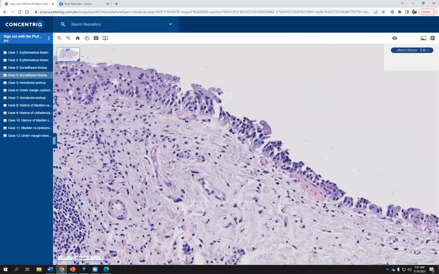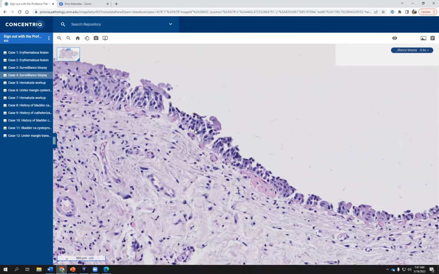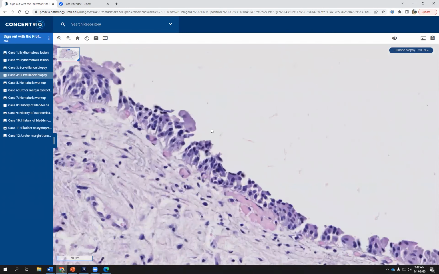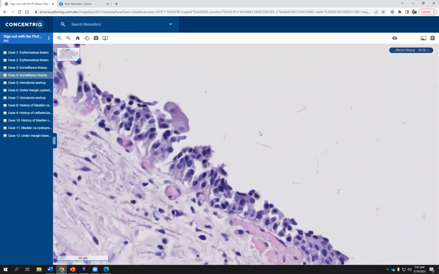But as we scroll to the right over here, we can see that the umbrella cells seem to be lost, and there may be some concern, especially if you're going down into 40x. So that's another critical feature in urothelial carcinoma in situ diagnosis. If you go into really high power, so I cannot go more than 20x here because they are scanned at that magnification, but in a microscope, if you go to 40x,